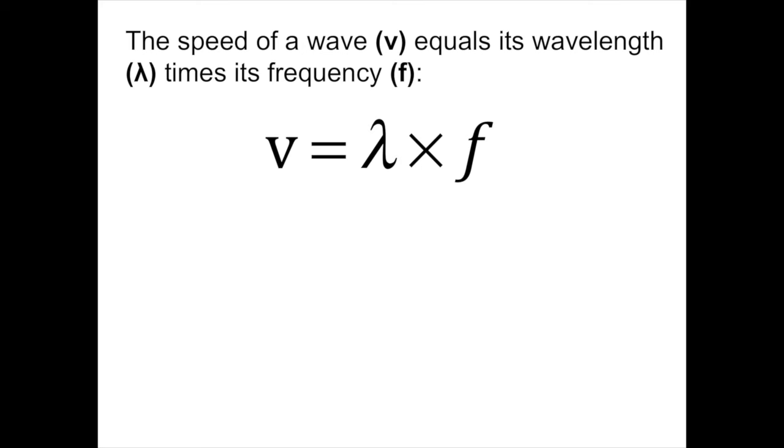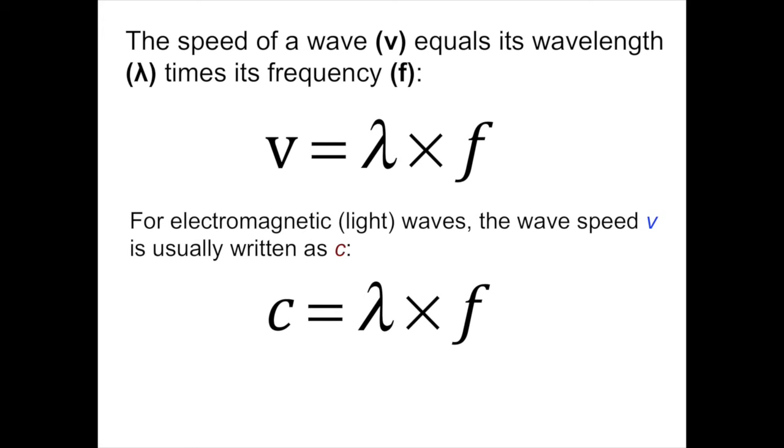The speed of a wave, v, is equal to its wavelength times its frequency. This is what's often referred to as the wave equation. It says that the wave speed is equal to the wavelength times the frequency. From a pure unit sense, this makes sense. Lambda has units of length. Frequency has a unit of waves per second. So it's length per wave times waves per second. The waves cancel, and I'm left with units of length per time, length per second, which of course is a speed. This is a generic equation for all waves, sound waves, water waves, and even light waves.